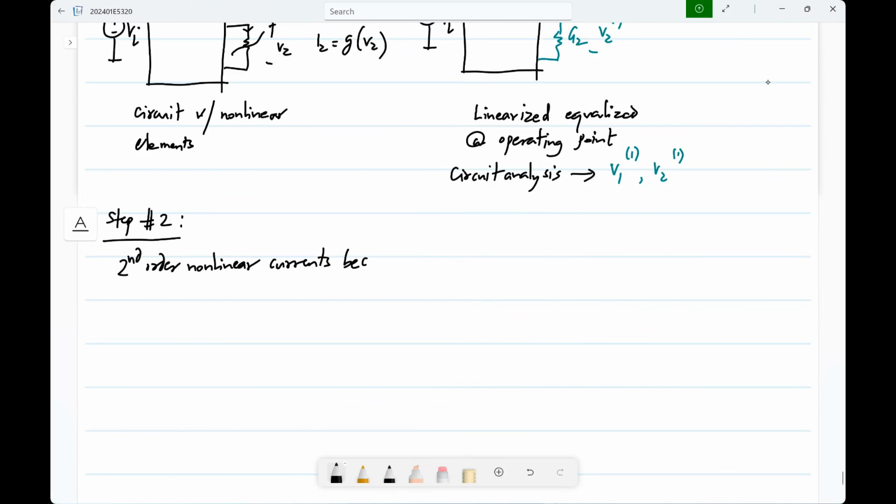So that means that, so let's say we have the element 1 in which I1 is f of V1, which I'll just write as, let's say,